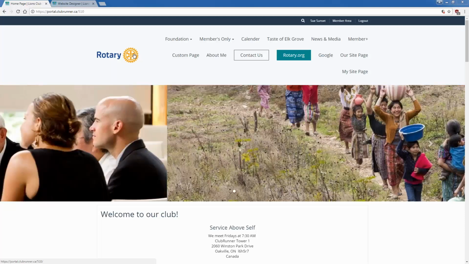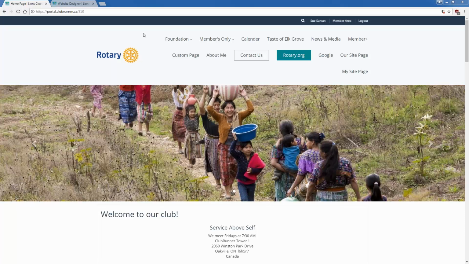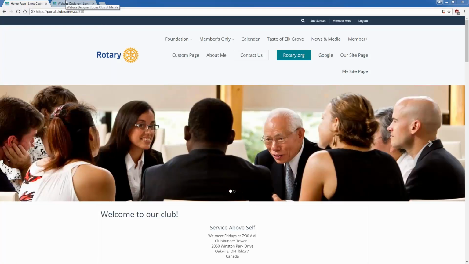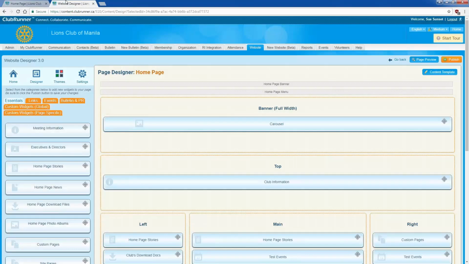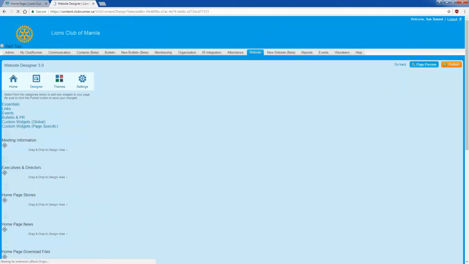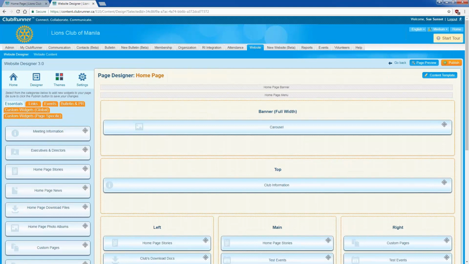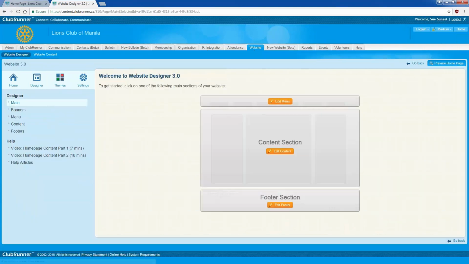So according to our notes here for our webinar, I'm going to go ahead and get started working with the menu first, since that is the first thing here on our list. So I have cheated a little bit. I am already logged into the website designer for ClubRunner. Basically what I did is I logged into ClubRunner, and after logging into ClubRunner, I chose the website tab